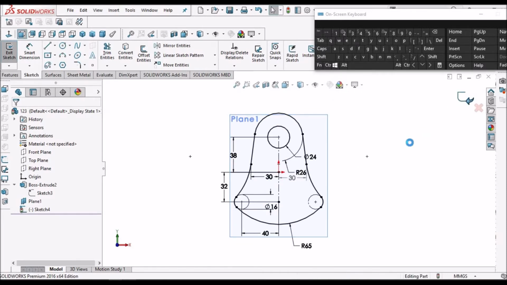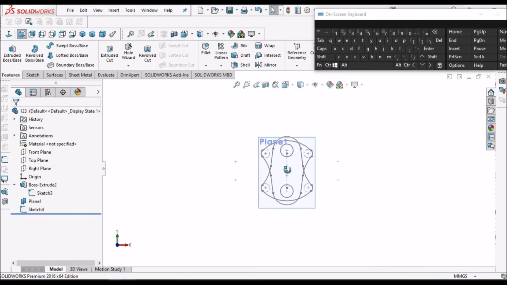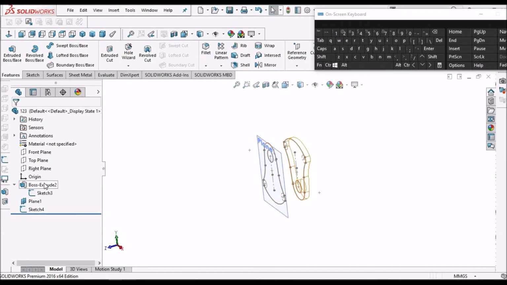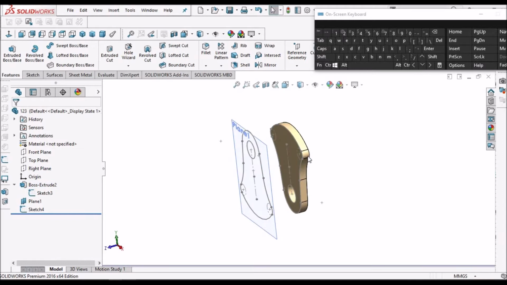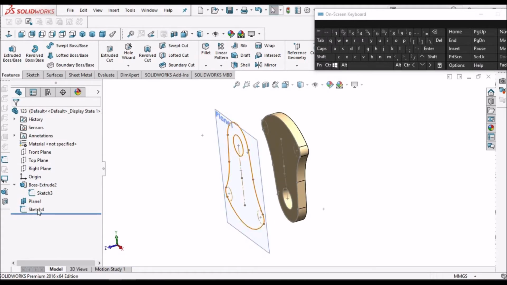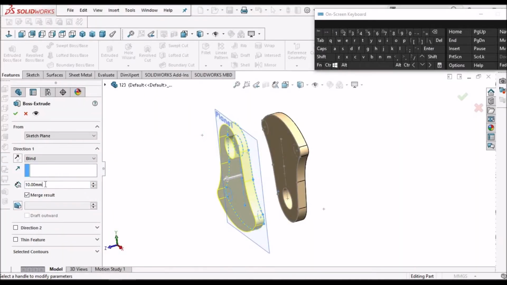Say OK and hide. Show. Now select this sketch, go to feature. So here we have created plane from here, so the thickness is 12, so make it 12.